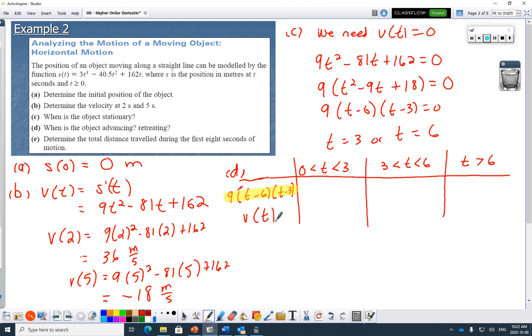That'll take a little bit of time, but you can do better. You can say, okay, if I choose a number between 0 and 3, and I'm going to choose 1.5, and say, okay, if I subbed in 1.5, what would happen here? 9 would be positive, 1.5 minus 6 would be negative, and 1.5 minus 3 would be negative. If I take a positive and multiply it with a negative, and multiply it with another negative, I get positive